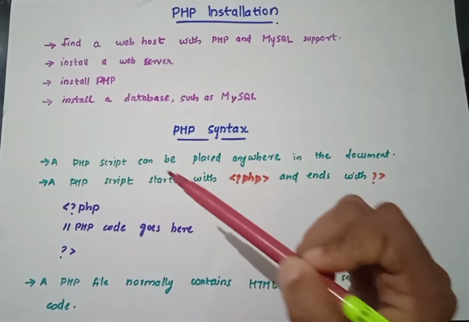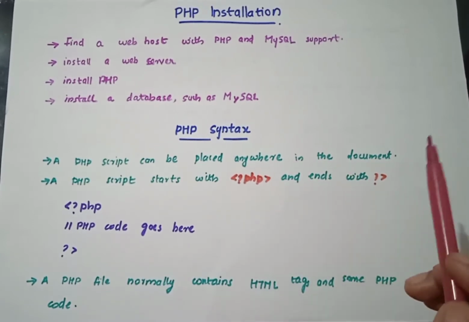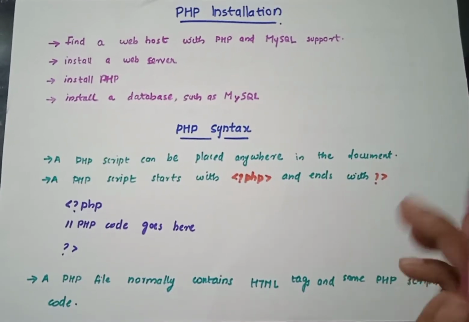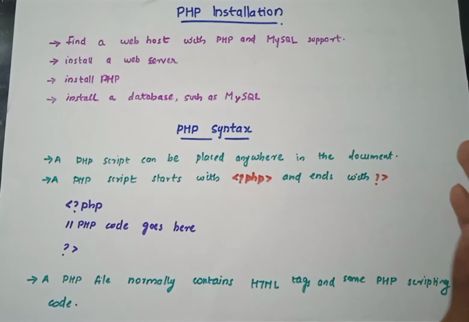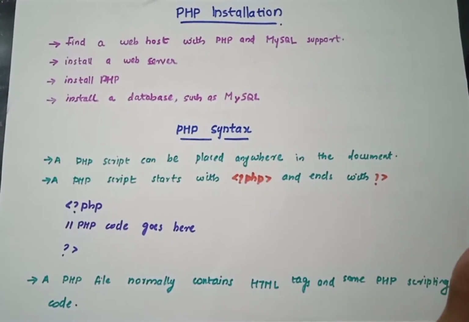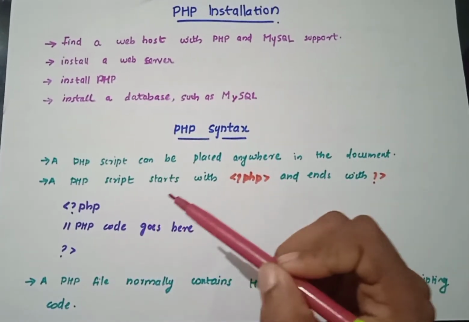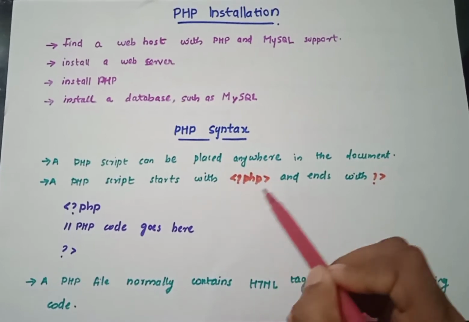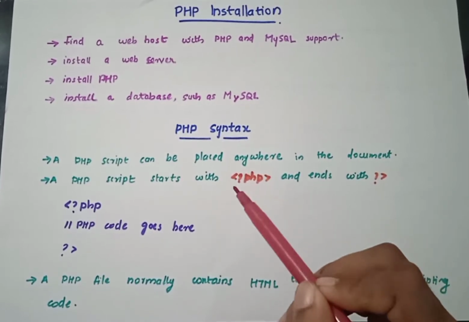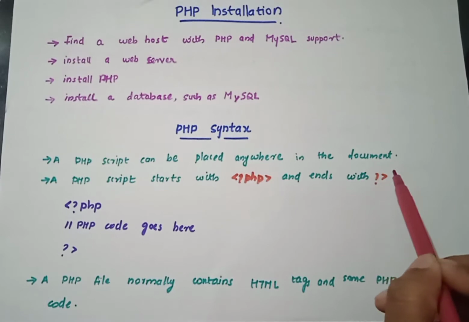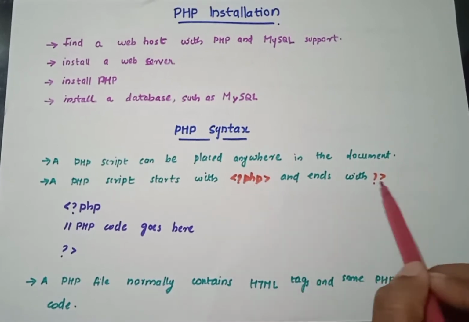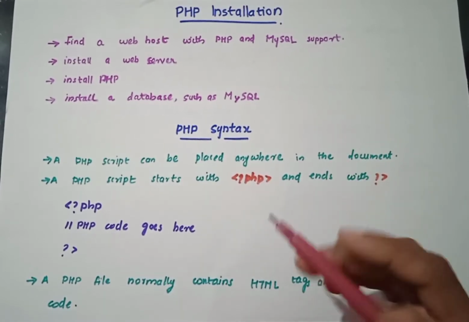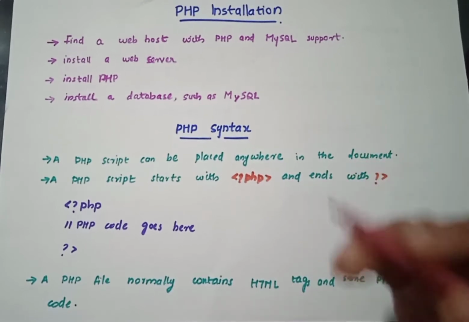A PHP script can be placed anywhere in the document. Okay, so the document is nothing but our HTML document. It can be placed anywhere inside our HTML document. A PHP script starts with the tag. This is the tag for PHP and it will end like this. So this is important to keep in mind,